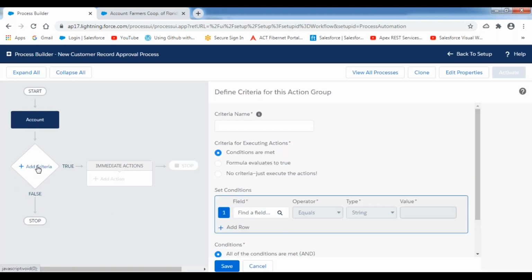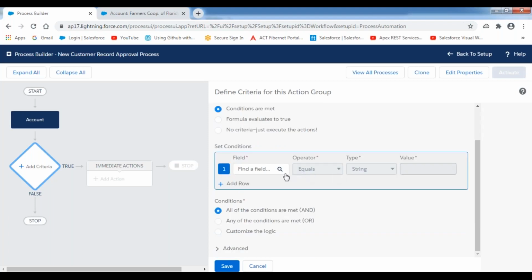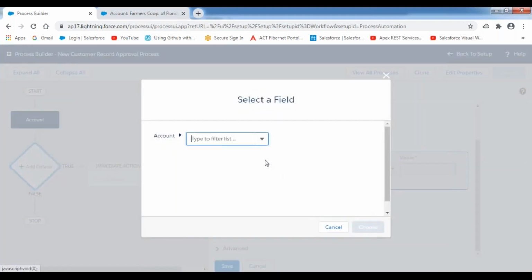And the criteria, what is the condition over here? I want to check the annual revenue. I'm going to indicate the annual revenue value. So what is that annual revenue value? I want to indicate that if the account record's annual revenue value